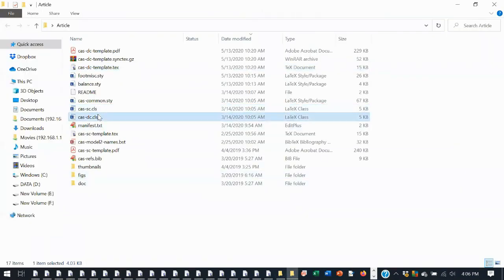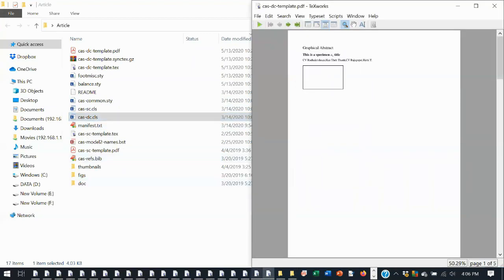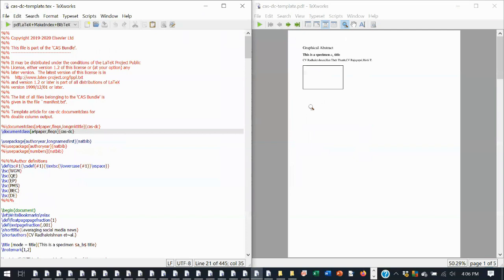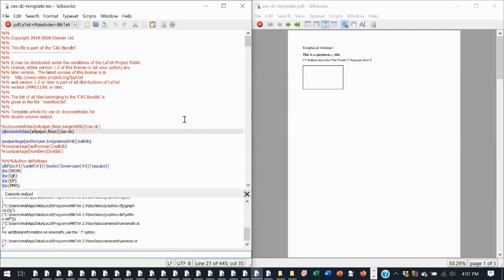So far we have seen the book and article classes. There are certain class files that come separately. The book class and the article class are inbuilt into MiKTeX, but these class files come separately. So in this document, this class file is called. If you compile with the DC, I will show you.